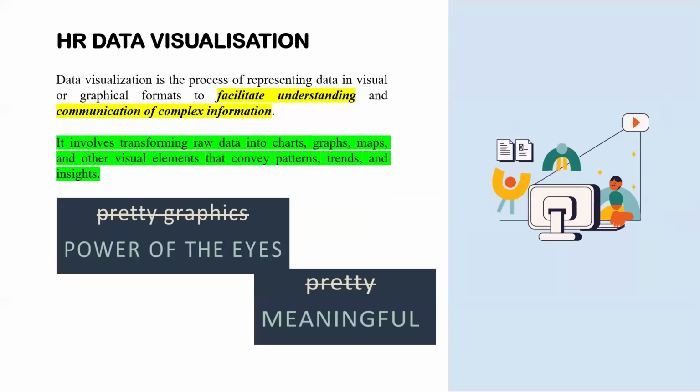All right. So when we talk about visualization, we are not talking about pretty graphics. Our interest is not so much in you coming out with the nicest dashboard or visual, but in you coming out with a visual that is meaningful, one that makes sense to every single individual who is looking at it. Of course, aesthetics is important.